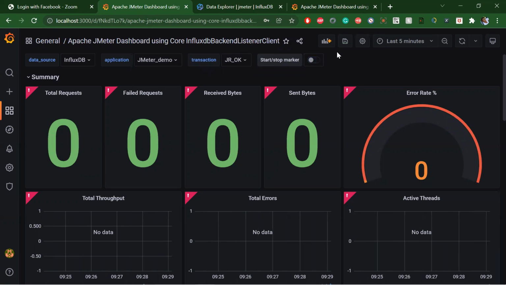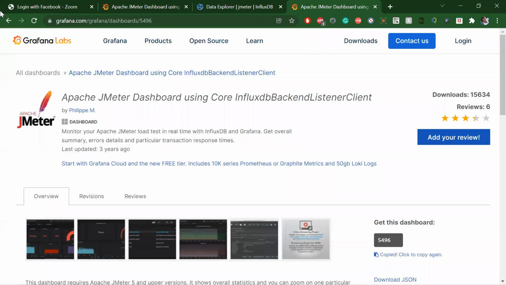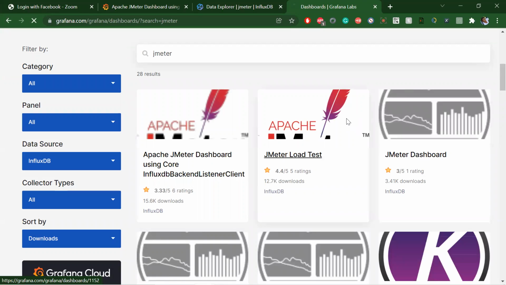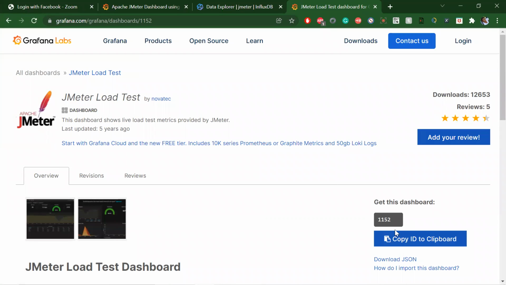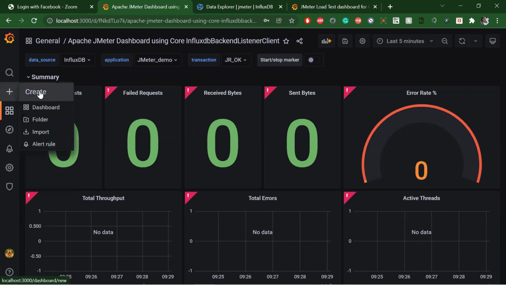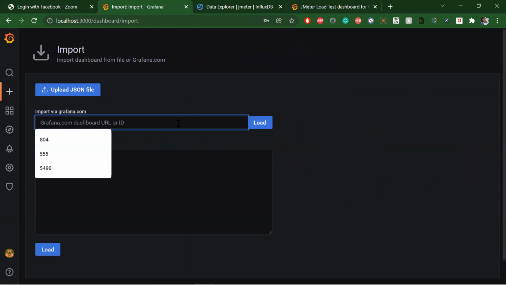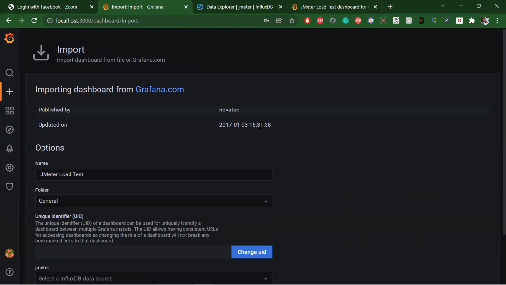Okay, let's try another one. We need to create it manually, but that is very hectic to do as a manual task. And that too, we are using version 2, and these are dashboards from version 1. That could also be a problem.